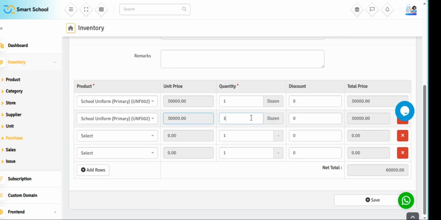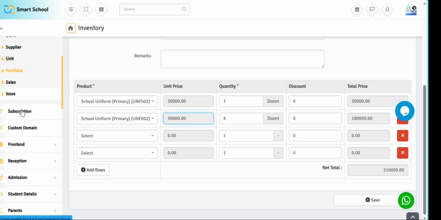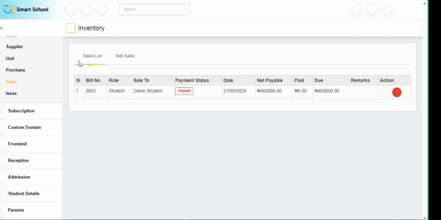calculated. Let me say for this one, let me say 6. It automatically multiplies 6 by this. You added this amount when you were creating your product. Alright, that's for that. Then if you want to sell your product, you go to the sales. If a student wants to purchase, you can go to your sales and